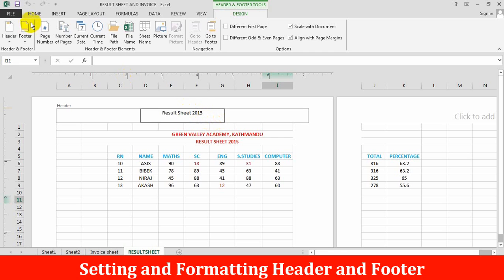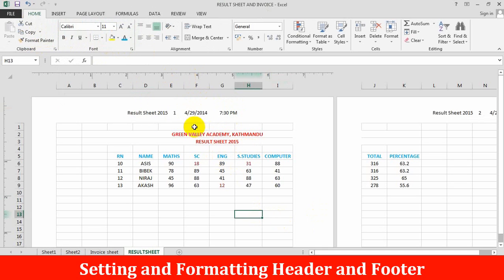Along with this heading, you can insert page number. You can insert current date. You can insert current time. Now let's come out. See, here you can see this is page number, this is date and time. Okay.